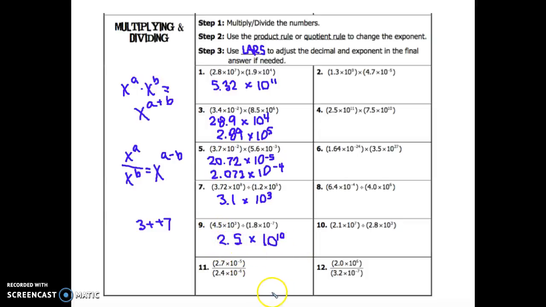And here's my final answer. We could see it then using the division bar instead of the traditional mathematical division sign. Same thing needs to be done though. We'll take and divide our two numbers. 2.7 divided by 2.4. Using my calculator to help me, I get 1.125